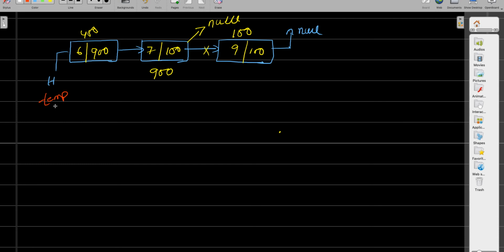here, right? So when you use only one variable temp, your temp will reach here. After the iterations, your temp will come here, right? But you don't have this address stored in your variable, right? Because your temp has come here, which shows that we need to have one variable which will hold the value which is previous to temp, right? So which means we need to introduce one more variable. Now start with the logic.